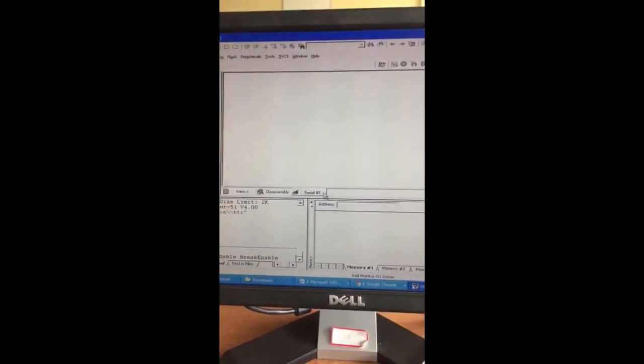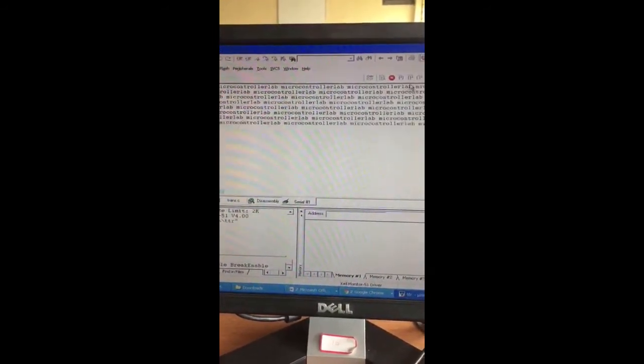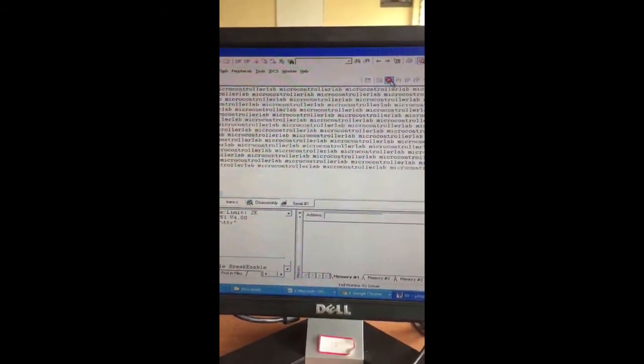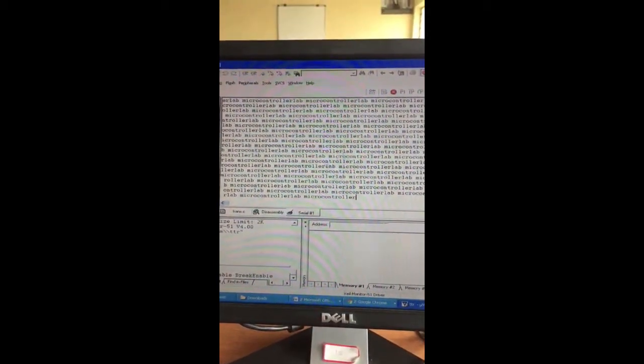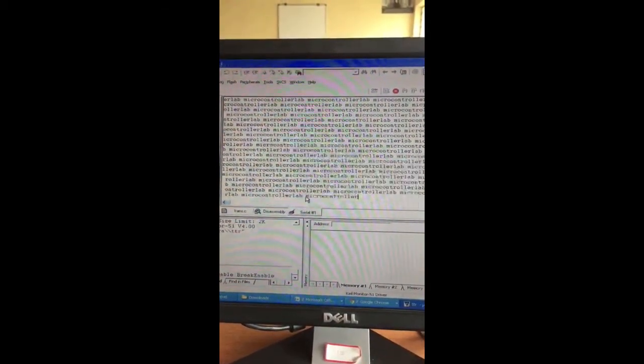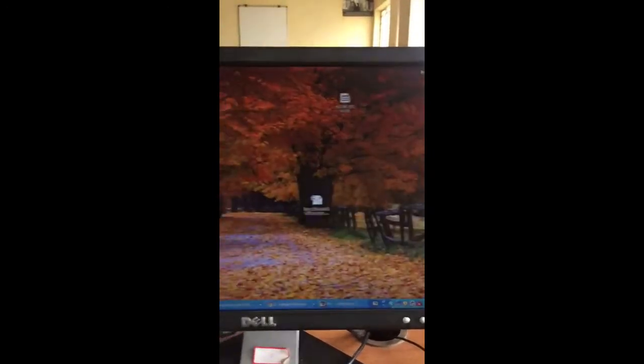Open this serial window, run the program. We will get the message on the serial window. Stop debugging. Minimize this window.